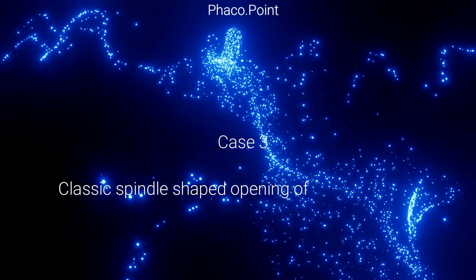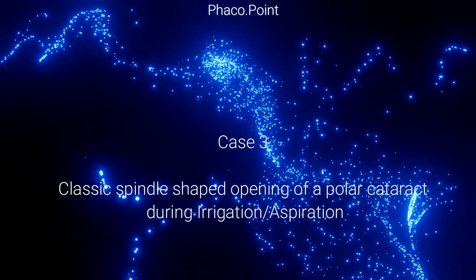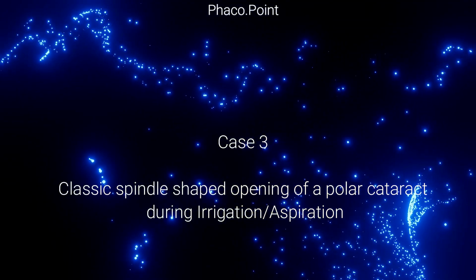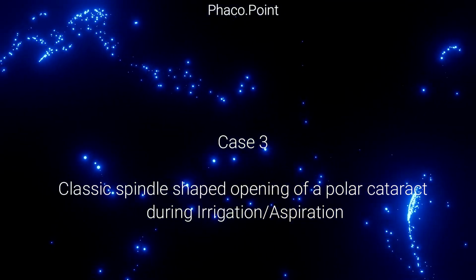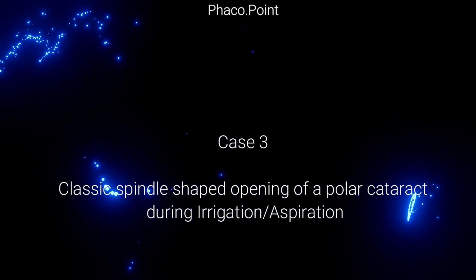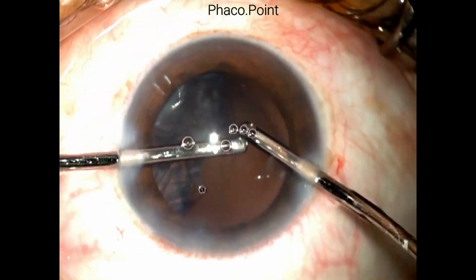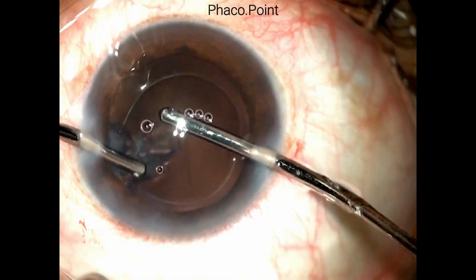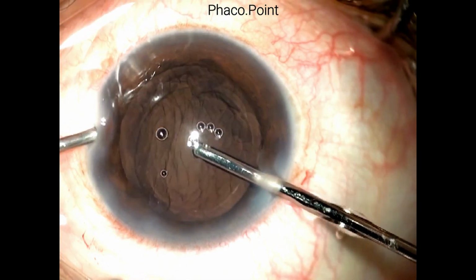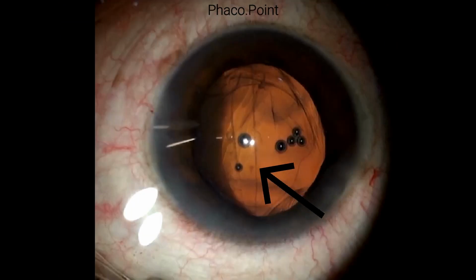Let's now move to the third case. Now, in this following patient with a posterior polar cataract, the phacoemulsification part of it, that is the nucleus management, was uneventful. Let's see what happens during irrigation aspiration. It's not that uncommon in a patient with a posterior polar cataract, wherein, whilst performing an irrigation aspiration, you start to see that as the cortex is getting aspirated, there is the typical spindle-shaped opening that goes from equator to